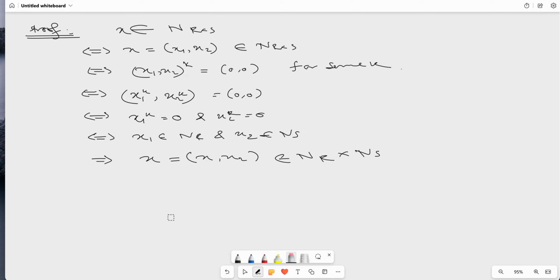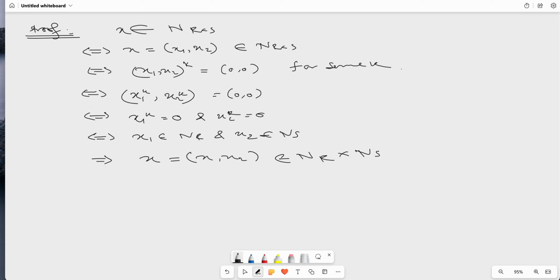Have you got the point? So suppose I have taken one arbitrary element. Because of nilpotency, to the power k is (0, 0), and two coordinates are the same if and only if the corresponding coordinates are the same. So x1 to the power k is 0, x2 to the power k is 0. This means that x1 is inside N of R and x2 inside N of S. That means that x equals (x1, x2) inside